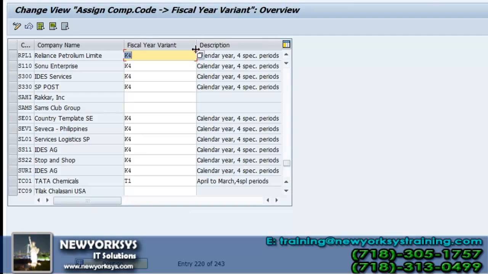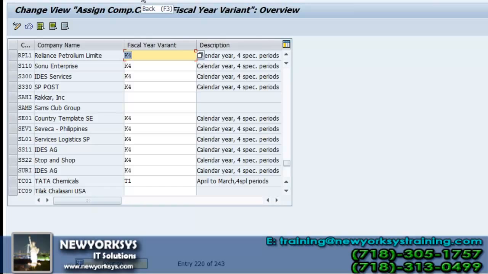So this is how the fiscal year is identified, and in a real-time implementation, you as a functional consultant will be collecting the data from the client. You will put a question to the client: what is your current fiscal year? The client will answer whether it's an accounting year or a calendar year.